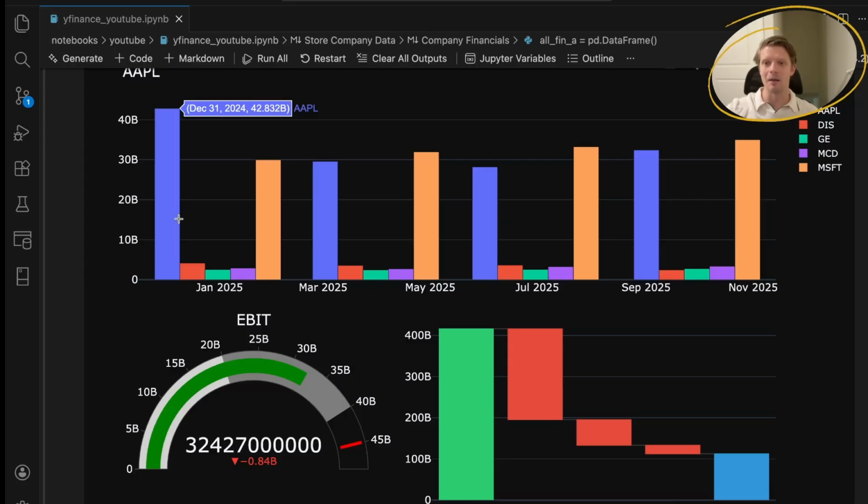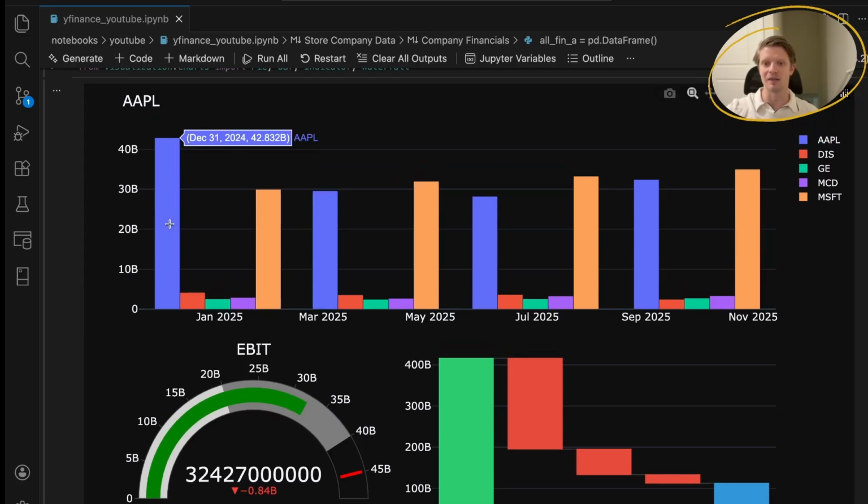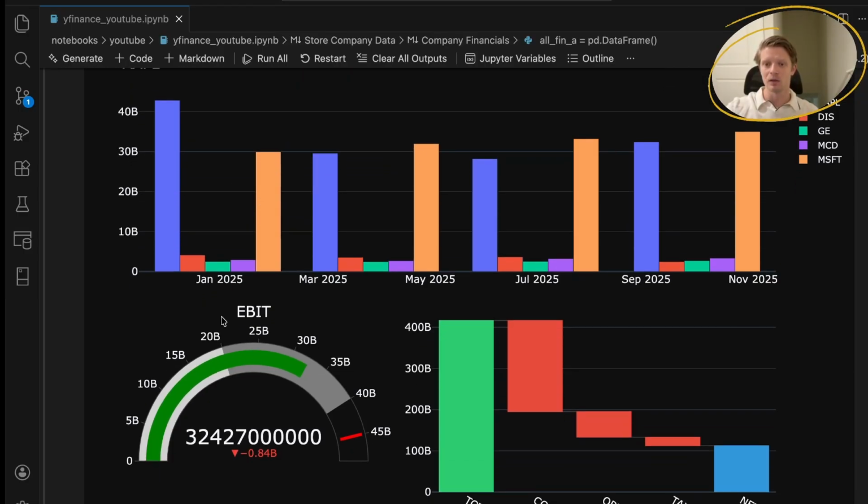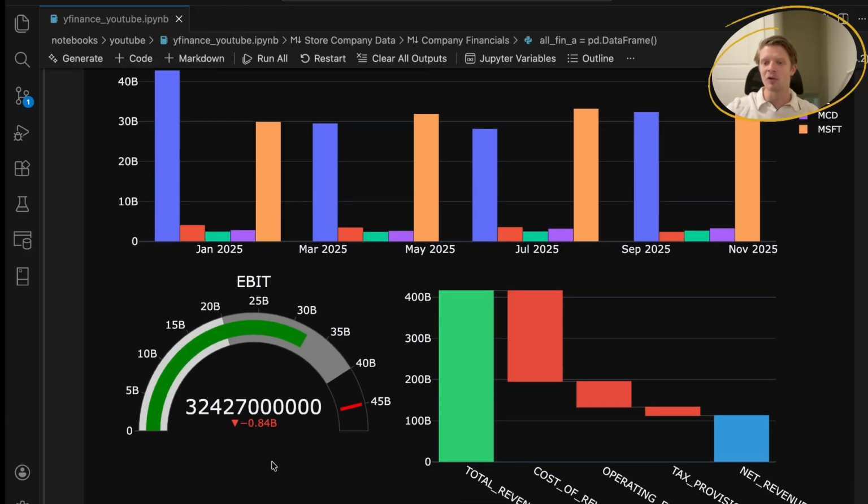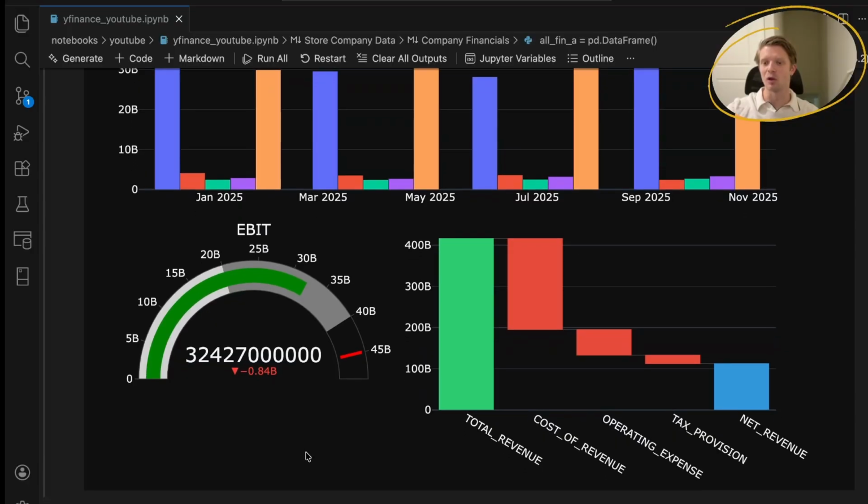So you can see that Apple, by a big margin, had the biggest EBIT out of those companies, followed by Microsoft. On the bottom here, we see a little gauge chart, seeing that Apple's actual last EBIT was behind its mean by like 0.8 billion. We can also see the composition of Apple's total revenue in a waterfall chart. Where we start on total revenue, we deduct the cost of revenue, operating expenses, tax provisions, and we end up